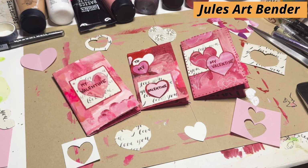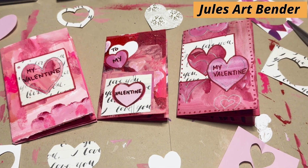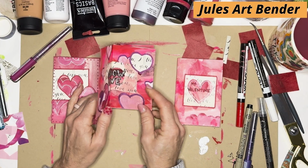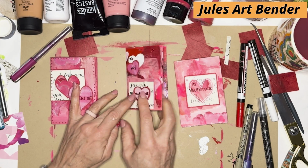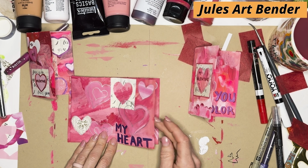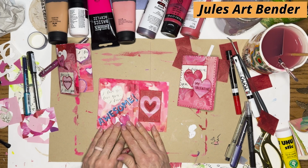Do you want to make something extra special this Valentine's Day? Well, forget the store-bought cards and let's create a one-of-a-kind Valentine Zine. These little mini booklets are packed with color, texture, love, making them the perfect heartfelt gift. We'll layer acrylic paint, collage, glue, and do some hand lettering to create tiny works of art that tell a story, your story. Whether it's for a partner, a best friend, or even yourself, these zines are a beautiful keepsake